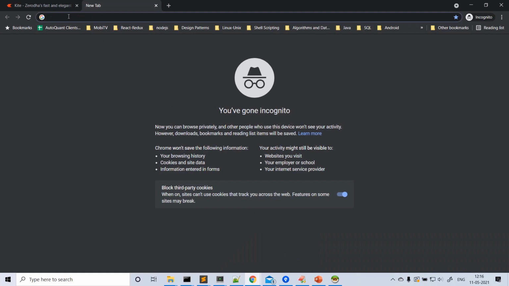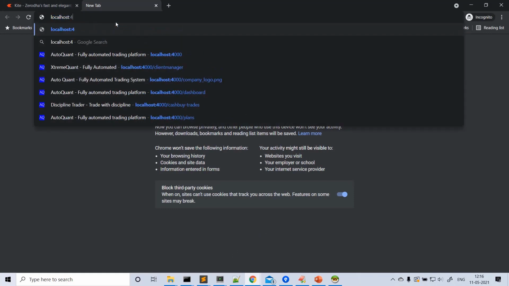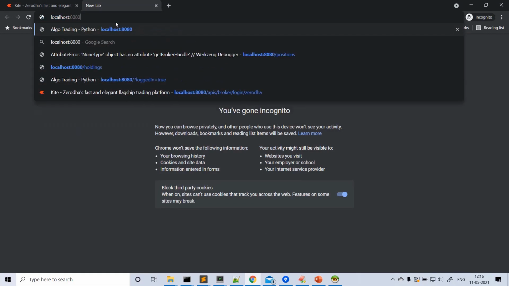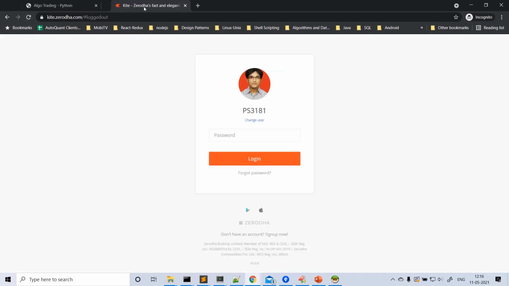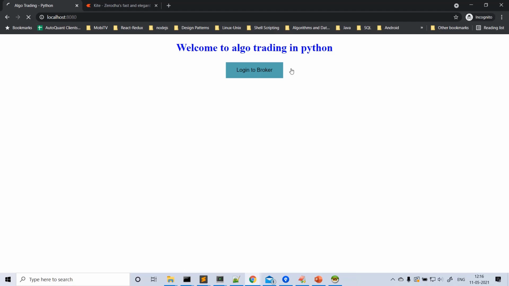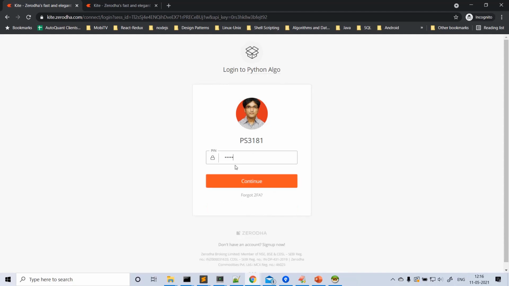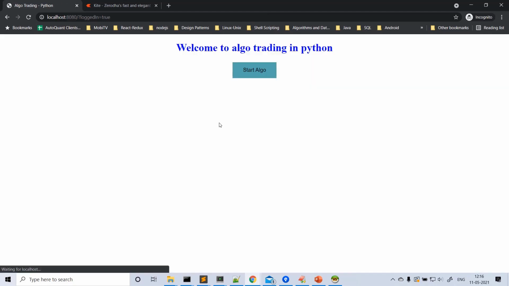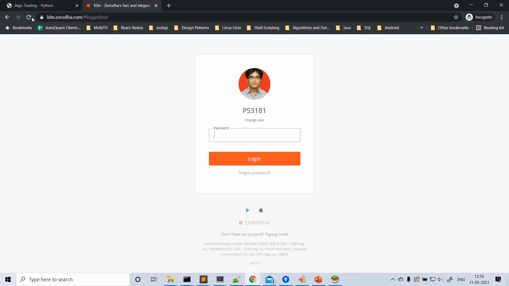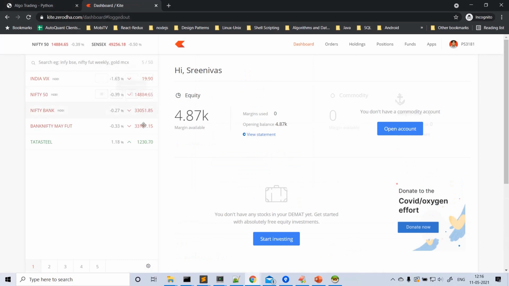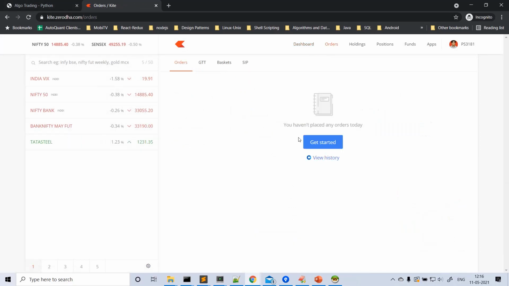After that, I need to open the application here. This is our app. Before that, I logged out. Let us log into the broker. Login. So now we are logged into the broker. I keep it open and refresh it, since I'm using the same session here as well. So there are no orders, right? Just clean, no positions, no orders.